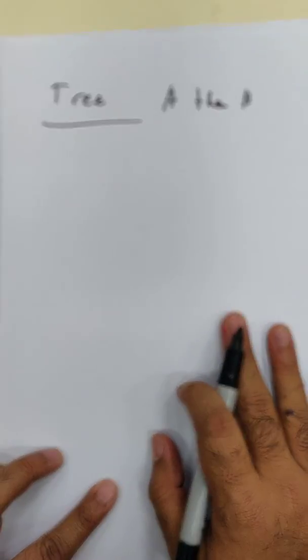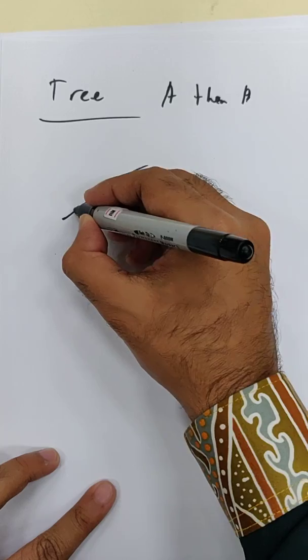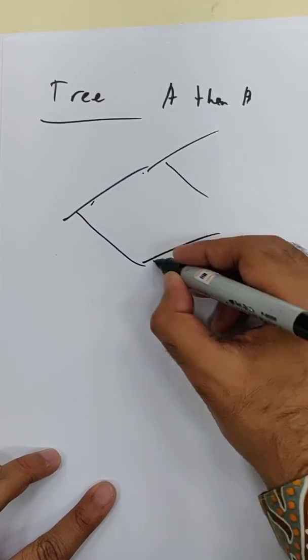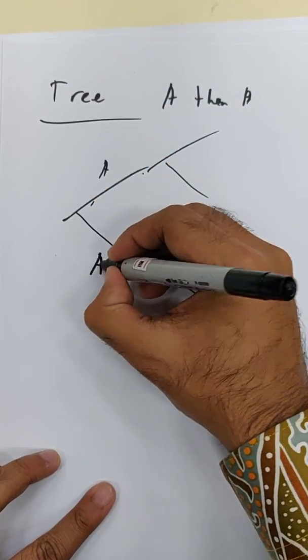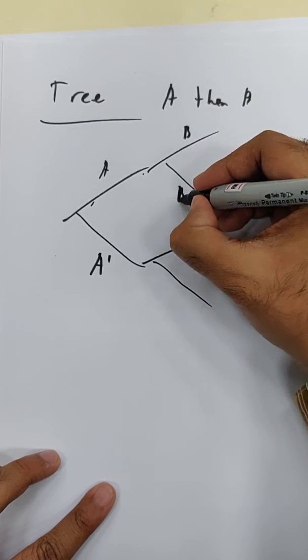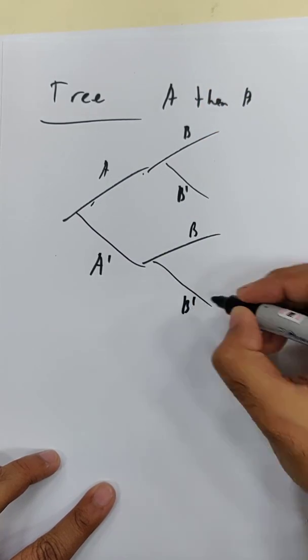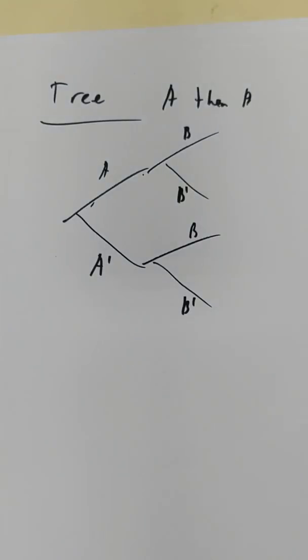Okay, another type of question is the tree type questions, where in exams, don't worry, they will normally say to you, use tree. Do a tree diagram for this. Normally things happen when A then B. It's not A and B, it's A then B. B need to happen only after A. The tree diagram is going to look something like this: A, not A, B, not B, B, not B. The tree diagram can appear in many forms.